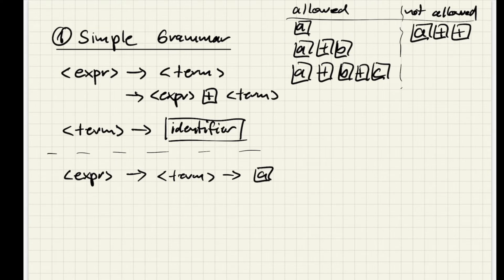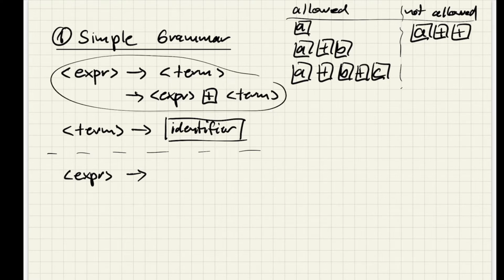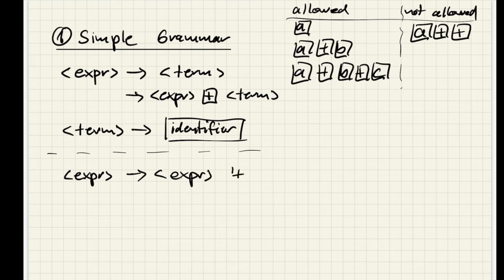Let me show you that. I want to have here the space. If I would have used the second rule, you can read this: an expression can produce a term, or an expression can produce an expression followed by a plus, followed by a term. If I would have used this second rule, that it's producing an expression followed by the plus punctuator, followed by